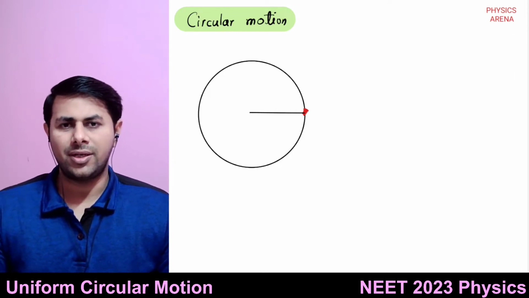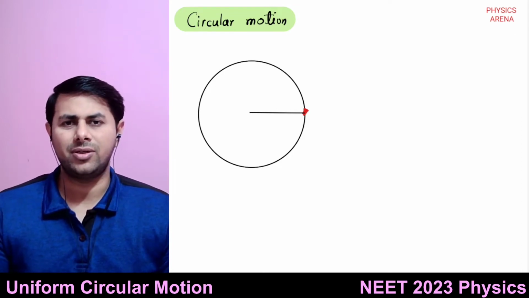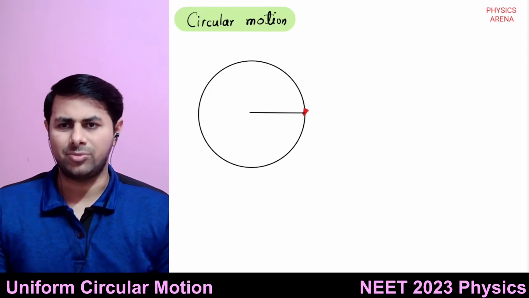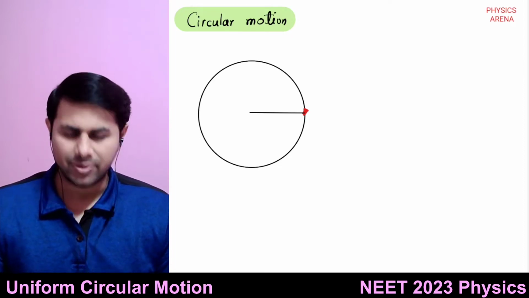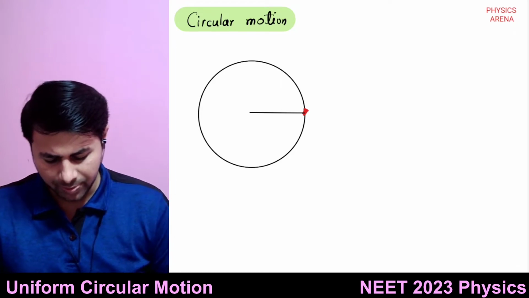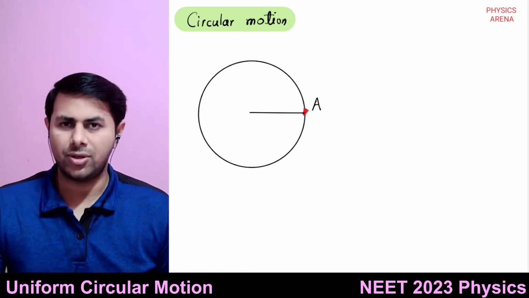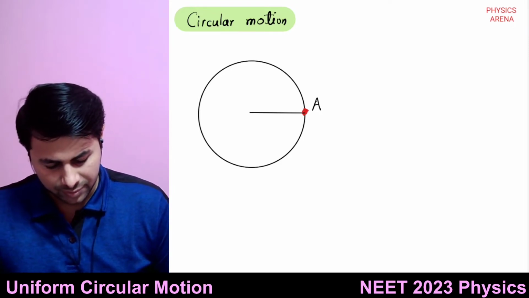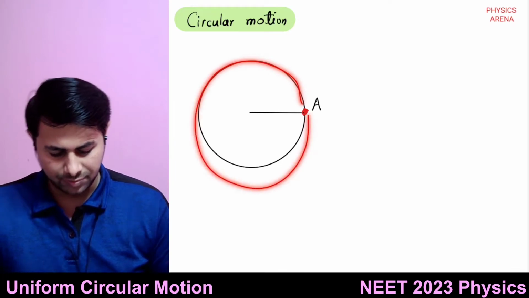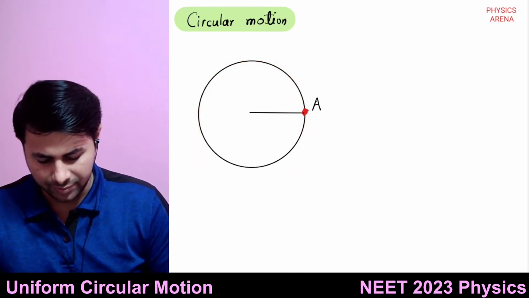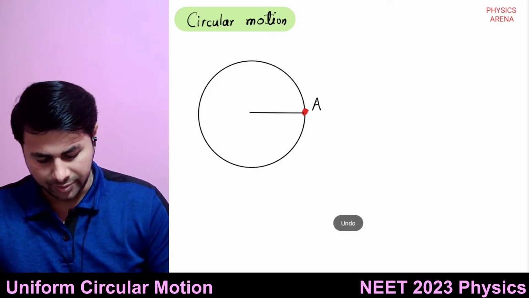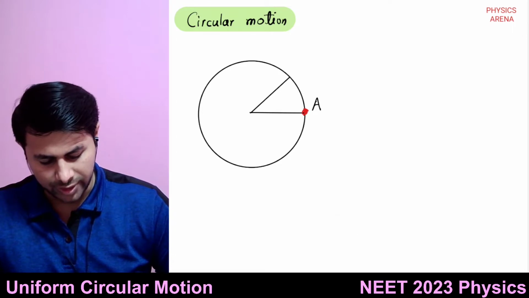Then another example can be given, motion of the earth around the sun. Okay, it is elliptical, but we can think of it approximately as a circular motion. So these are some examples of circular motion. So let's suppose this is any of those objects. It starts at this point A, it moves along the circumference of this circle. So in some time, let's call it delta t, it moves from point A to this point B,